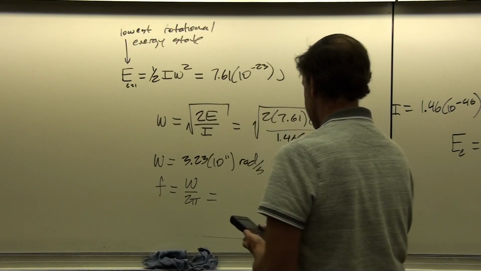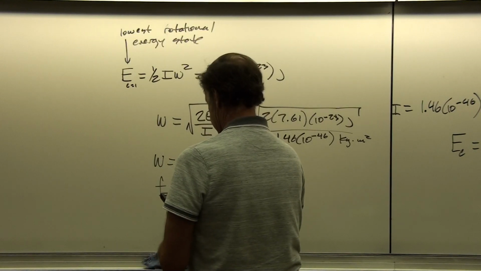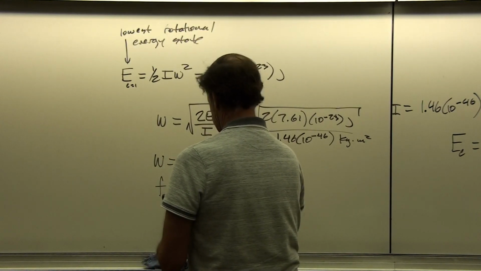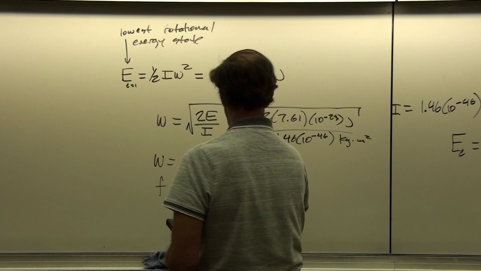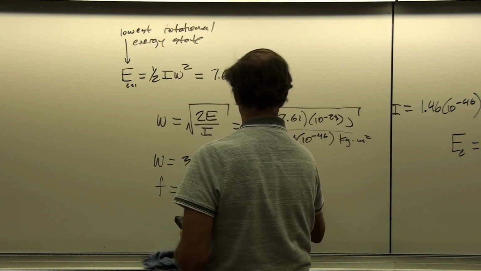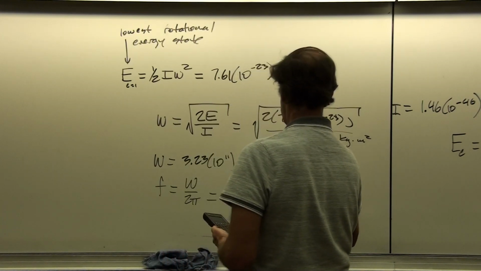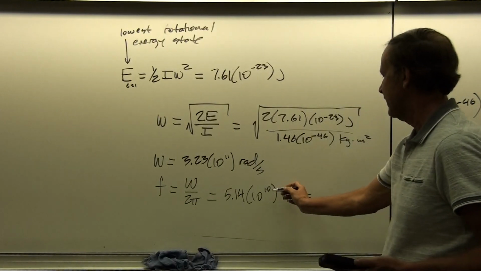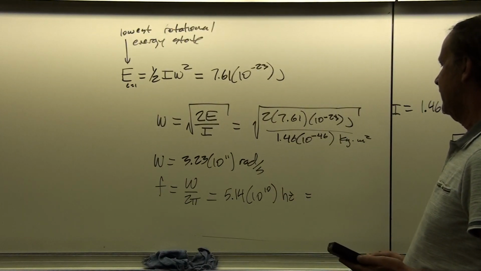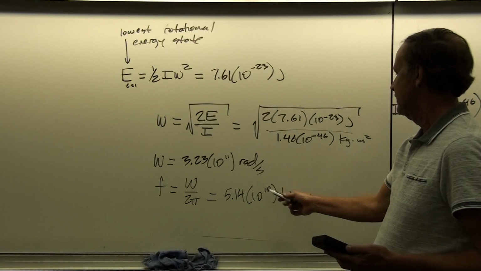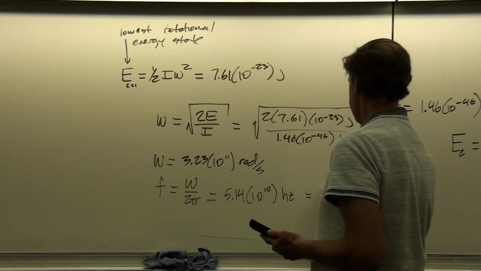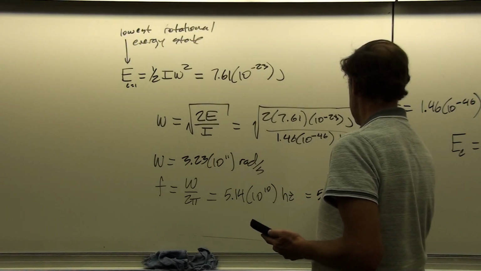And so that would give us 5.14 times 10 to the 10th power hertz. Okay, and so what is that then? Well, this is something like 51 billion